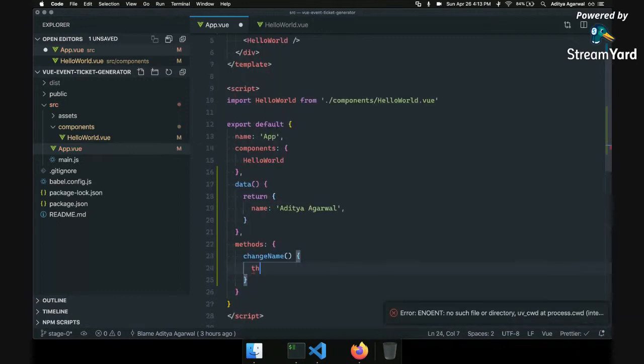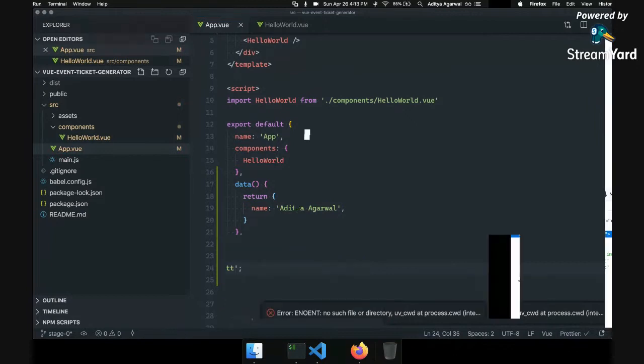What it can do is say this.name equals Michael Scott, and now see what happens.